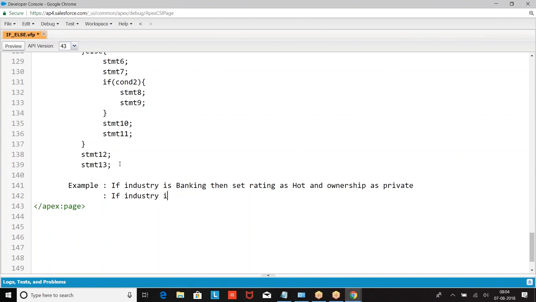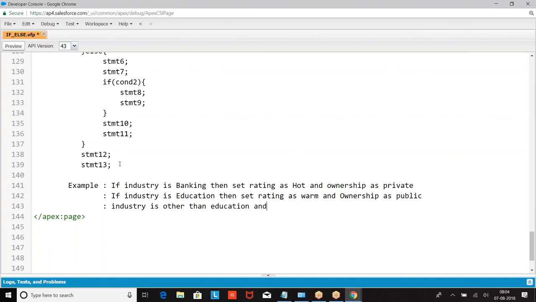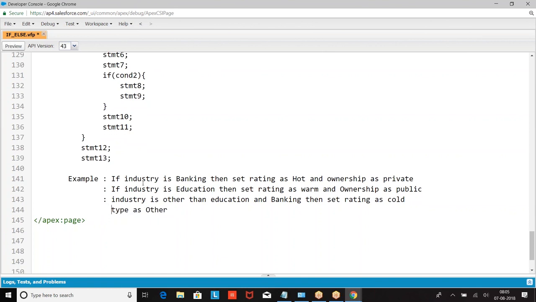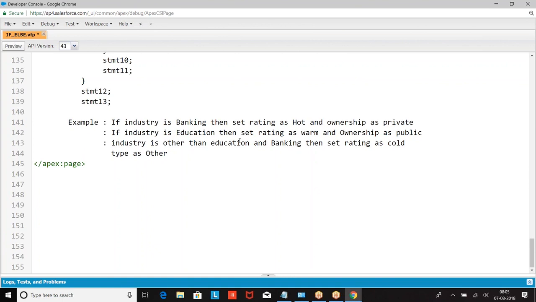If industry is education, set rating as warm and ownership as public. If the industry is other than education and banking, set rating as cold and code type as other. Write the code for this.